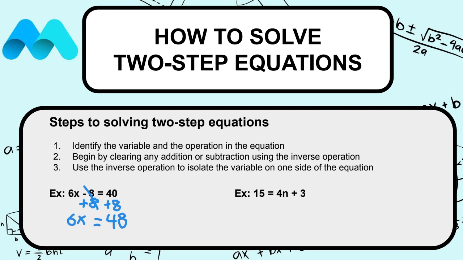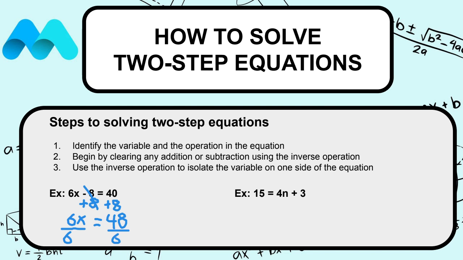All right, now we are on to step three. Step number three says to use the inverse operation. So again, we're going to use the opposite operation to isolate the variable on one side of the equation. Now, you might be looking at the 6x and saying, Mr. A, there's no operation there. But actually there is. When you have a number next to a variable like this, that means multiplication. So what it means is 6 times x. So multiplication, the opposite is division. So we're going to divide each side by 6